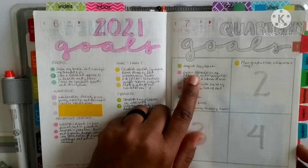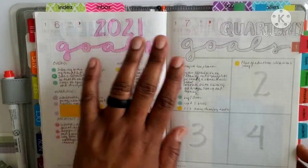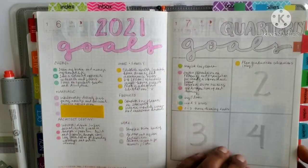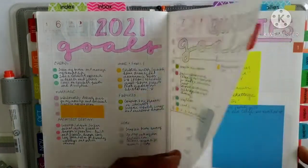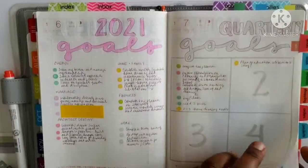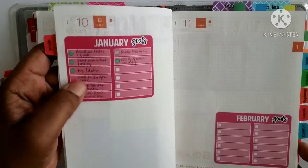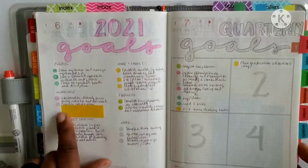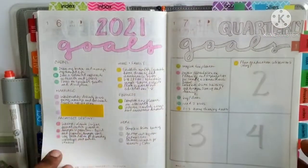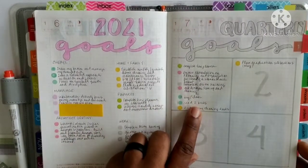So I do need to pull something. I've got my overall goals for the year. I've got my quarterly goals, 1, 2, 3, 4. And then for my quarterly goals, I go into my monthly goals. I don't think there's anything on here I can't show. And as you can see, my goals are color-coded. Maybe I'll do a separate video on my goals because I don't want to get too much into that right now. But I did want to flip back here and just see if there's anything I need to pull,